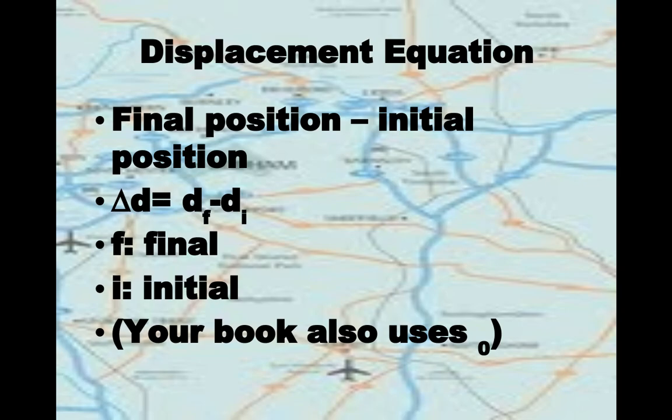So to find displacement, we're going to use the final position minus the initial position of the object that we're looking at. And so that's where that delta, that change in, comes into place. You will see a lot of subscripts used. So for example, we have D sub F and D sub I. So D final and D initial. Your book also uses what looks like a little 0 or naught, but we are going to just use F and I to keep things simple throughout the